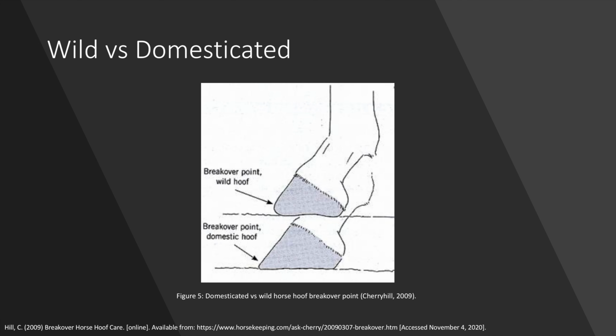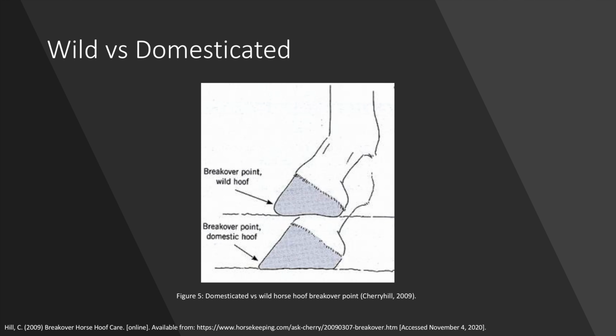When comparing a wild horse to a domesticated horse, a wild horse's hoof is typically short and rounded, allowing for the breakover point to be underneath the foot, relieving stress on the horse's forelimb as seen in Figure 5. This is due to the wild horses travelling on average 10 to 20 miles a day on different surfaces wearing